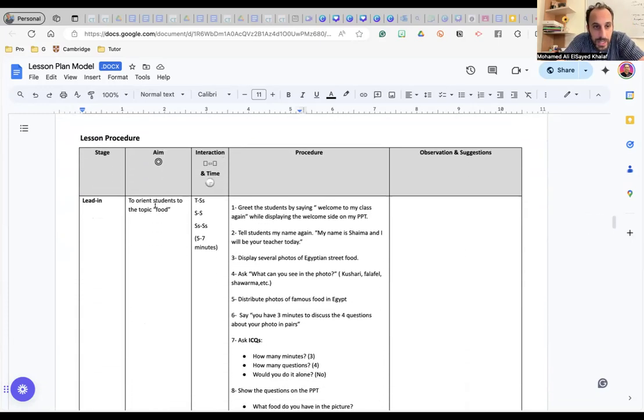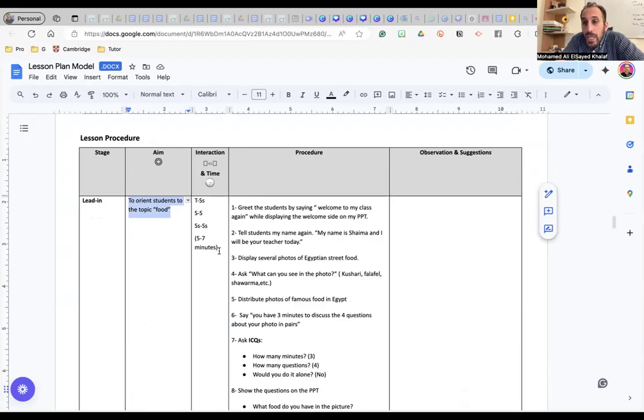And if you look here, the lead-in, to orient the students to the topic of food, or to set the context of the lesson, or to engage the students. You need to take permission from Hamid, because Hamid thinks that an English lesson planner doesn't help you become good at lesson planning.